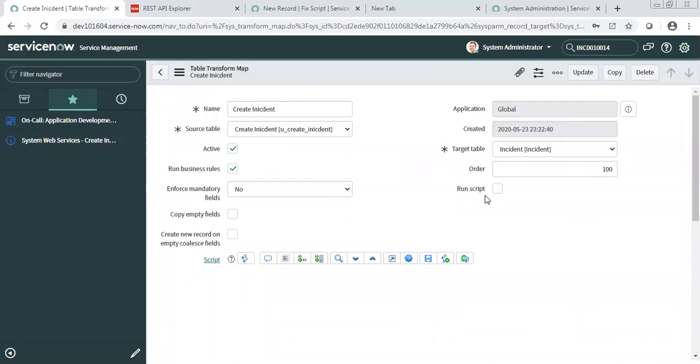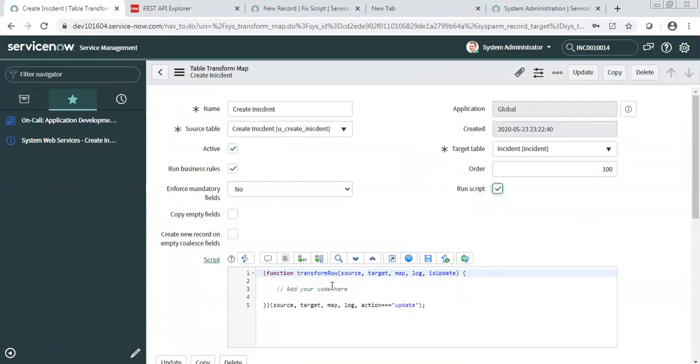Now what I will do, I will write this run script here. You will have to ask them what expected values they will be sending. Both teams need to come to a conclusion. They will be sending 5 values, like ABC, EFG, and so on. Then you have to create a mapping corresponding to those ABC values in your system, and write the script here.